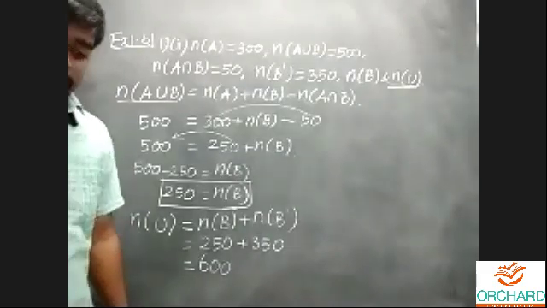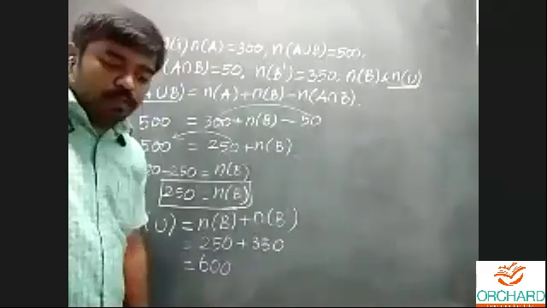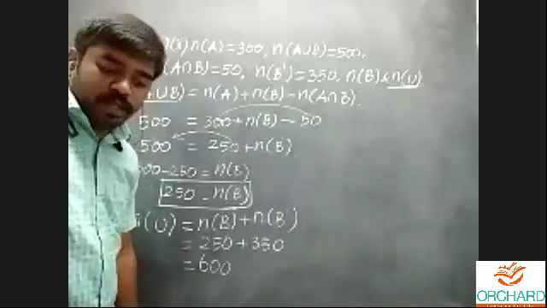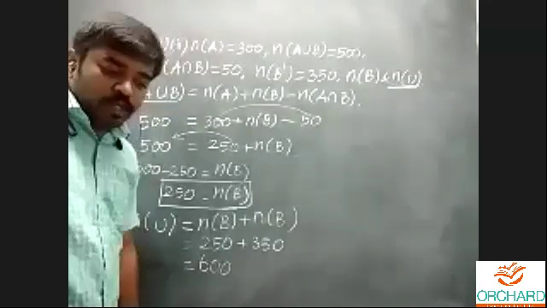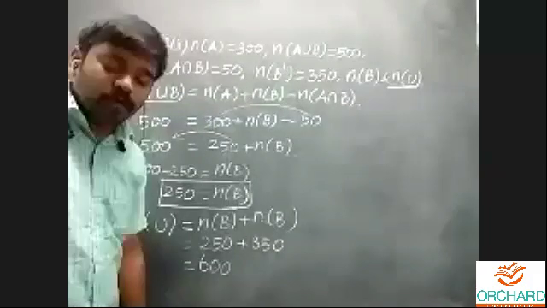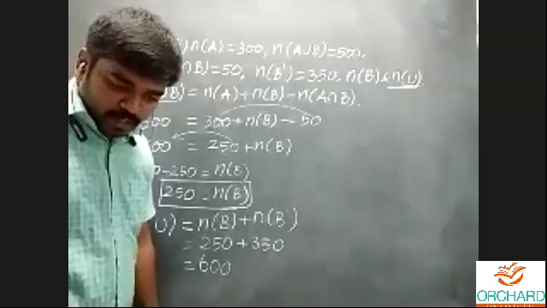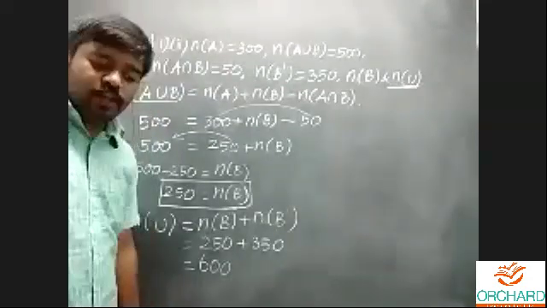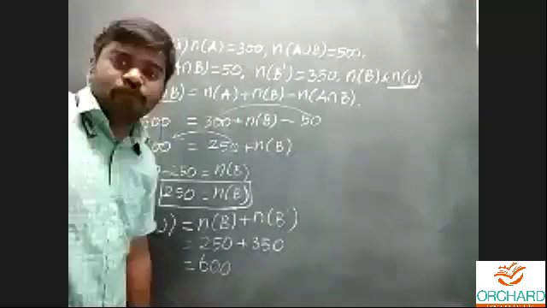Here they define a universal set in set builder form. Universal set U is equal to x such that x belongs to N and x is less than or equal to 10. Okay, x takes the value set of all natural numbers which are less than or equal to 10. The elements of set A and set B will be given. Then we'll verify the property that n of A union B is equal to n of A plus n of B minus n of A intersection B.